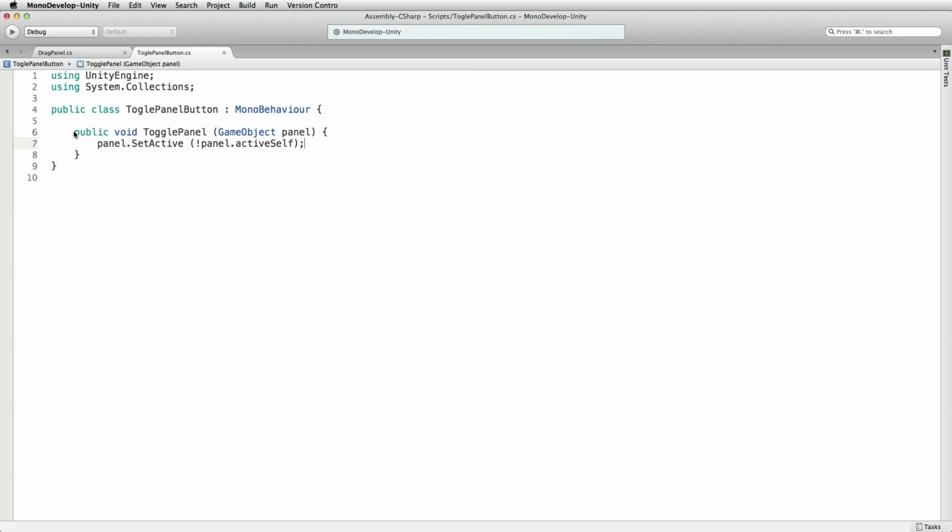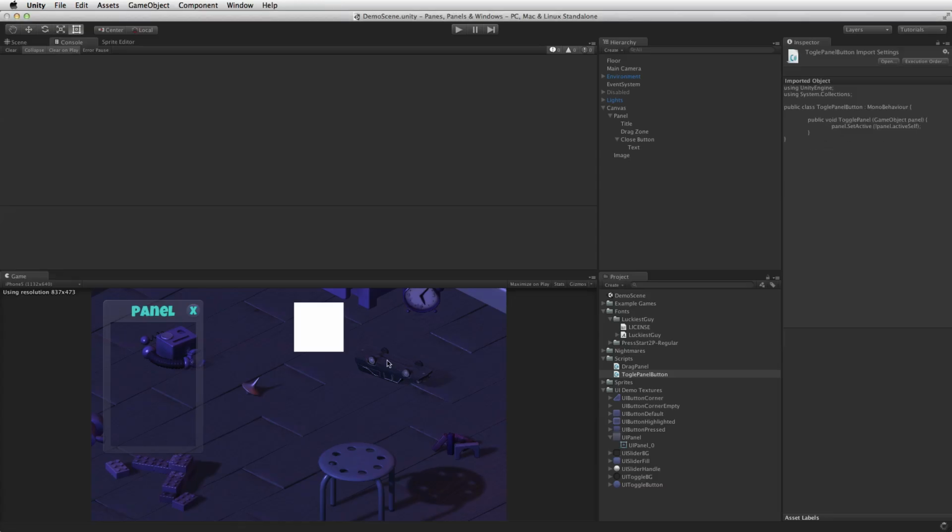And because we're taking a generic panel as the parameter, we can send any game object to it and we'll turn it on and off. But let's just pretend and stick to panels at this point. So we can save this, close this, come back to Unity, and because this is a generic script, let's pretend we're making a large and complex game. And let's create a new empty game object that's going to be our game controller. And on our game controller, we've got our